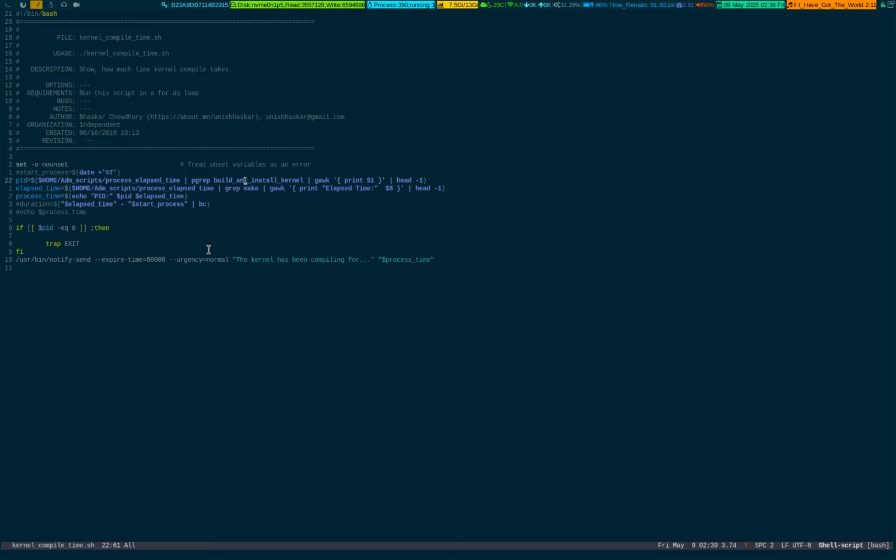So I used to build all the specific distros I use on a day-to-day basis, three of them or four, all enlisted in one single file, and it will ask whether it should build the stable kernel, mainline or long term, and on the basis of the OS I was sitting on, it will do the building. While doing so, I'll awk out some particular field of that particular output, and this is the elapsed time, which is nothing but